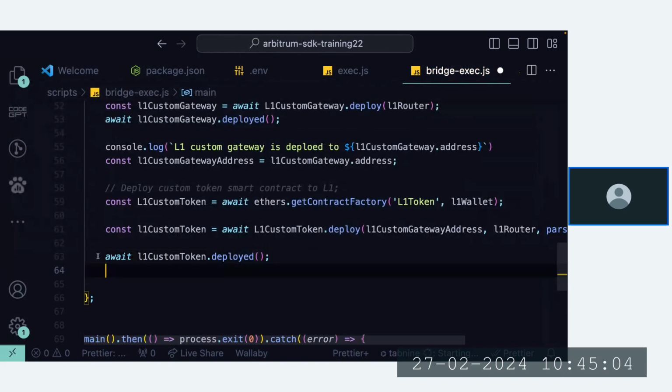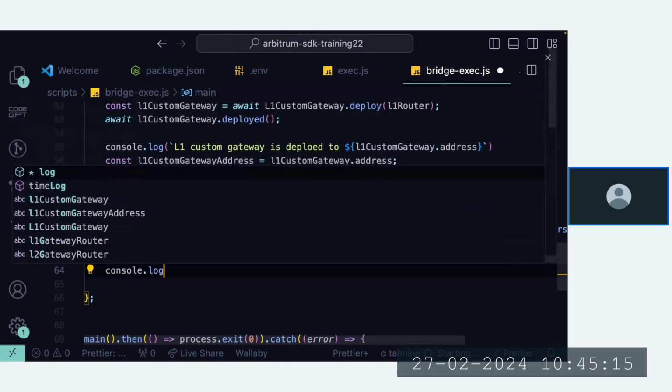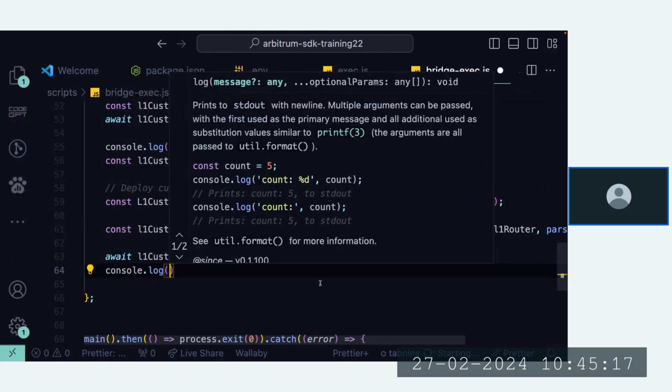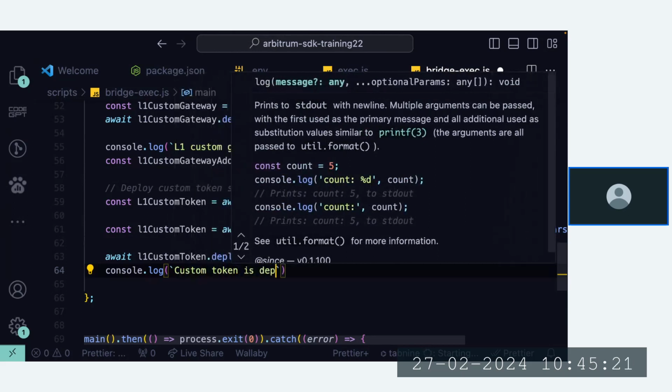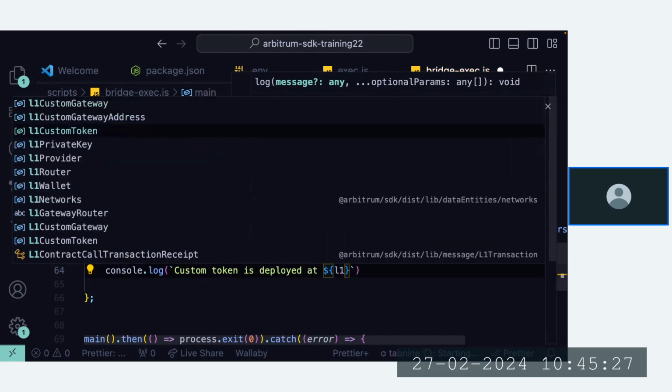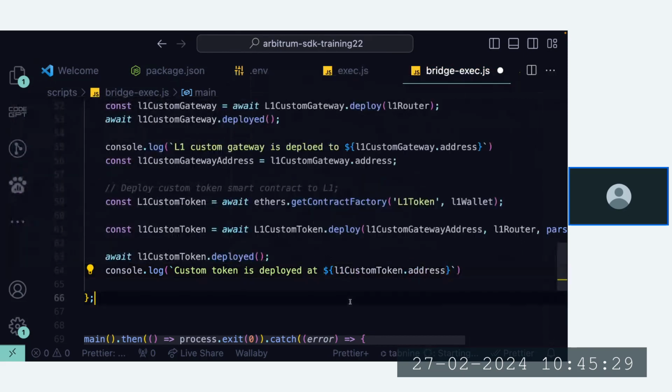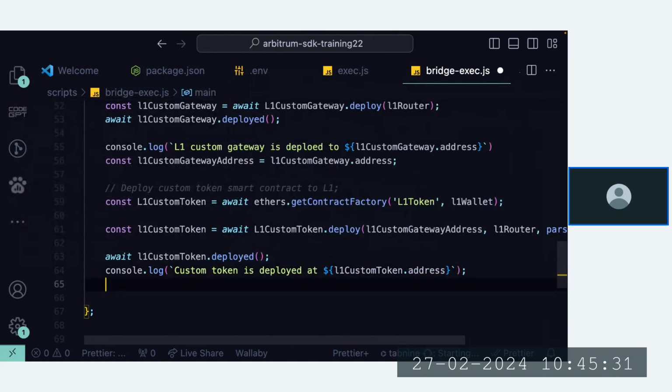So this line 63 is going to pause our execution till it's deployed. And then once we have that, we can now log that, okay, our token is deployed. We can now do custom token is deployed at, then we'll get our address, L1 custom dot address. Okay, so far we have